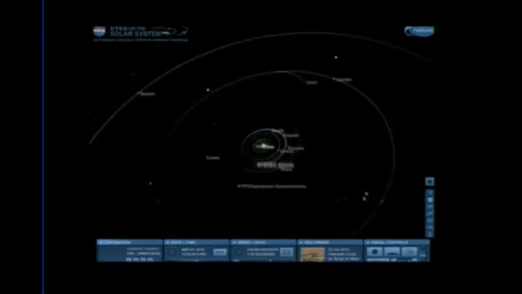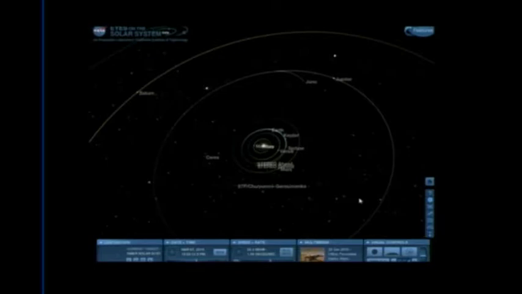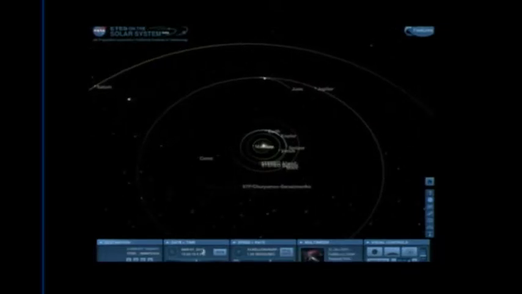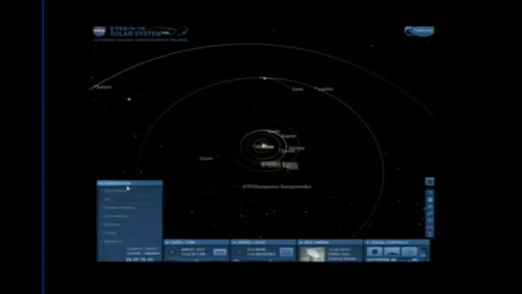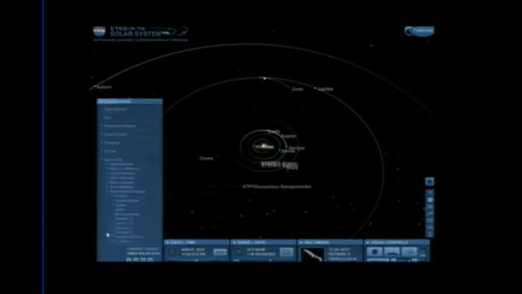So remember I said you could be anywhere, inside or outside, any time from 1950 to 2050. If you know when events occur, you can go under date and time, and down to the 10th of a second, you can enter when you want to be, and flash, you're there. Okay? But people don't remember when events occurred. For example, when did Cassini, awesome mission, go into orbit around Saturn? Well, I don't know. Actually, I do. But under destinations, if you click destinations, I'm going to go to spacecraft, and then I say, ooh, look, outer planet missions.